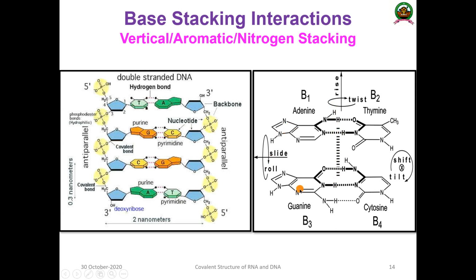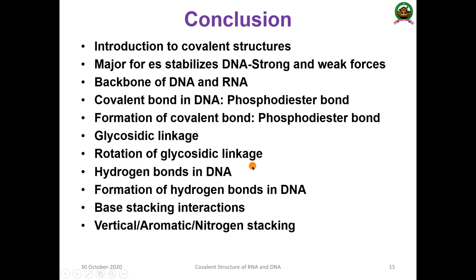Why? Due to the presence of the aromatic ring, they are coming like this. The nitrogens have a lone pair, and when nitrogen and nitrogen come closer, they will try to repel each other, and they will move far away. That leads to the helical like structure of the DNA. So this is all about the base stacking, the major things, dear students.